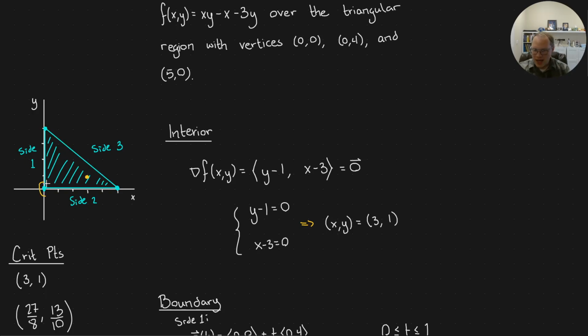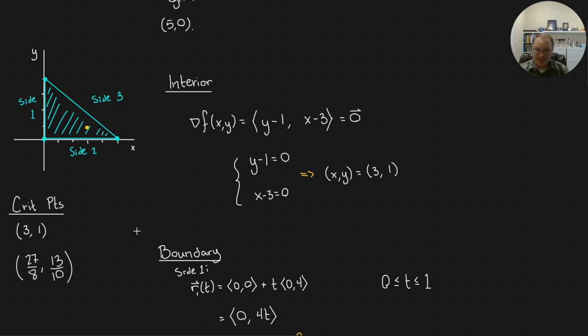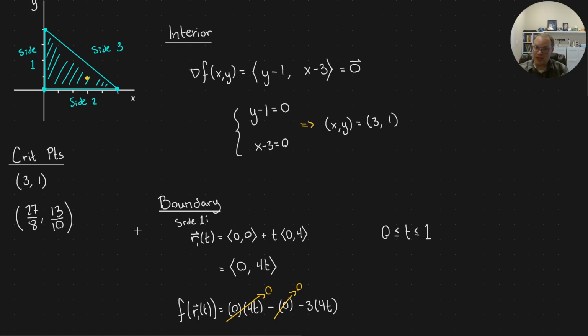So that means I need to include this point, and this point in my list of critical points. You always include sharp points in your critical point list because they will always represent a place where you transition from describing a side one way, use a different color, describing this side one way, and then we describe this side a different way. And this was an edge point in both cases. And so the derivative in either case tells us nothing about whether that point is a local max or local